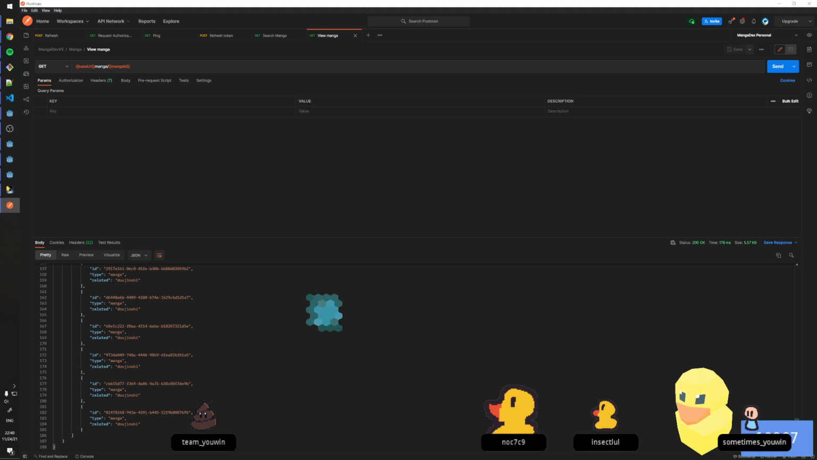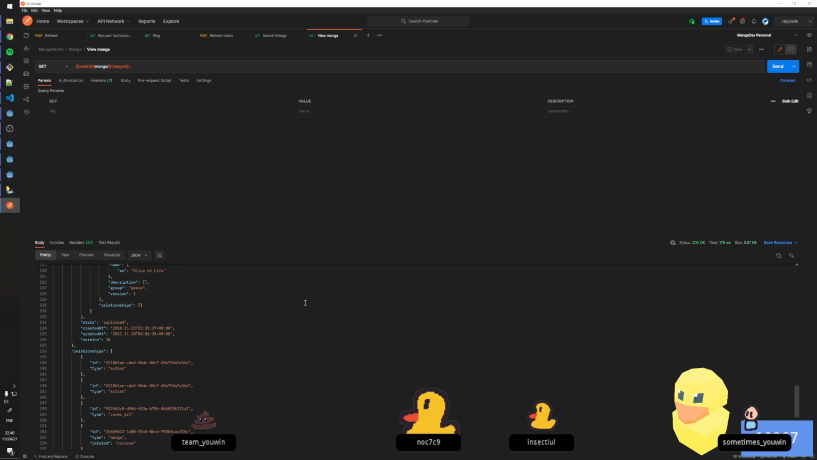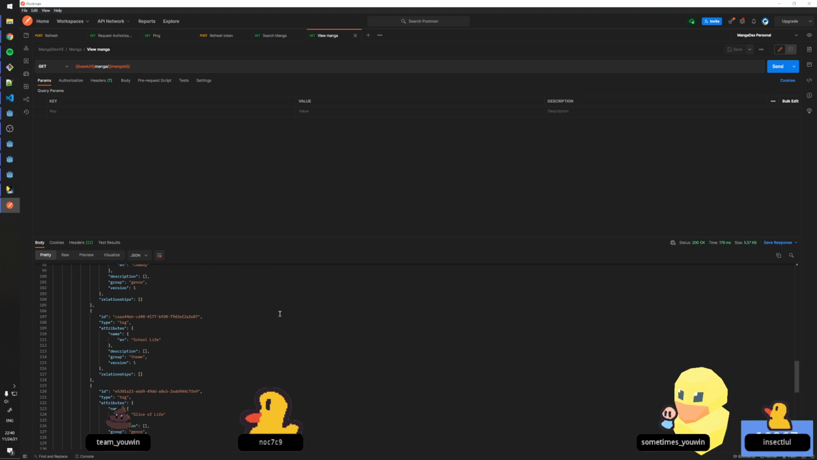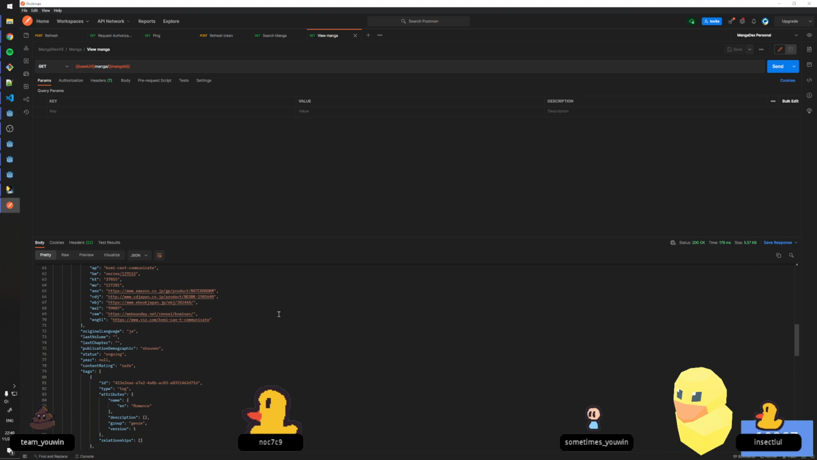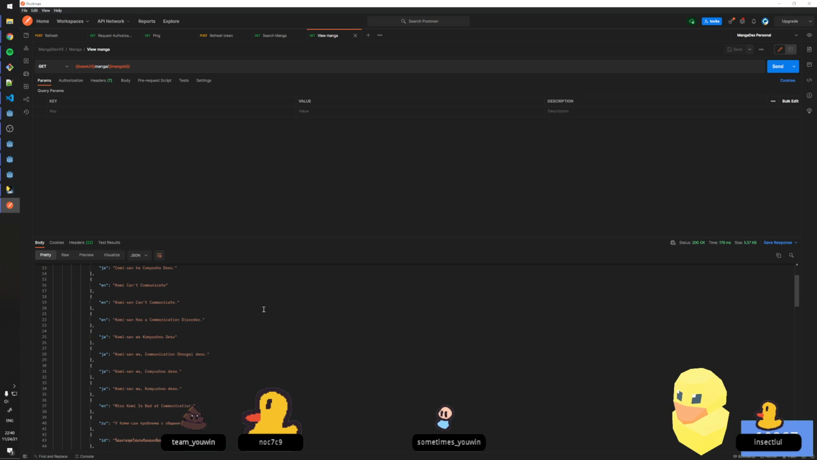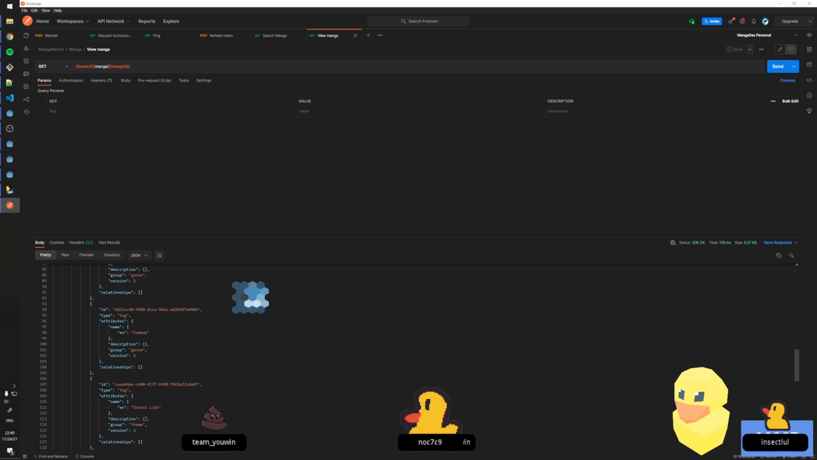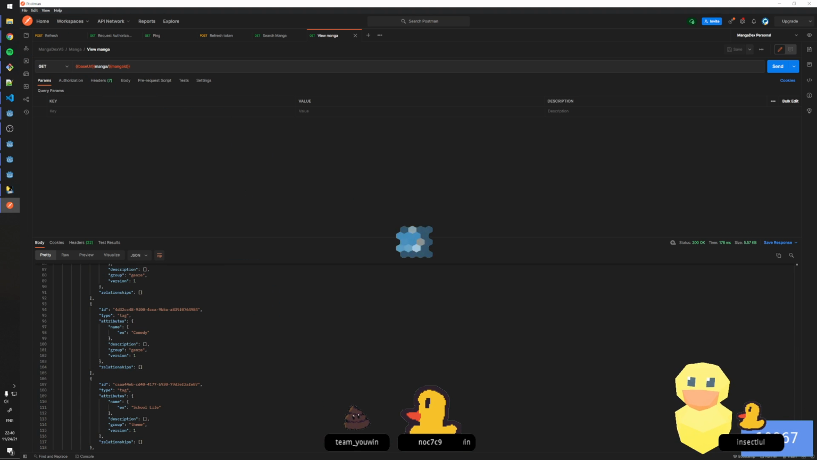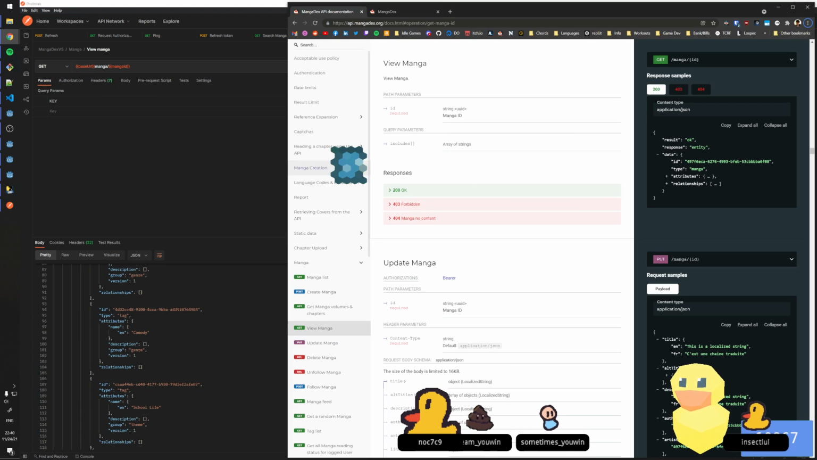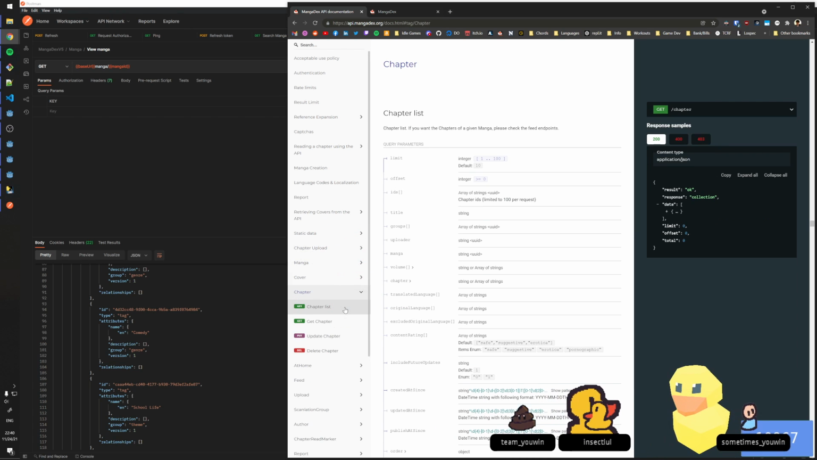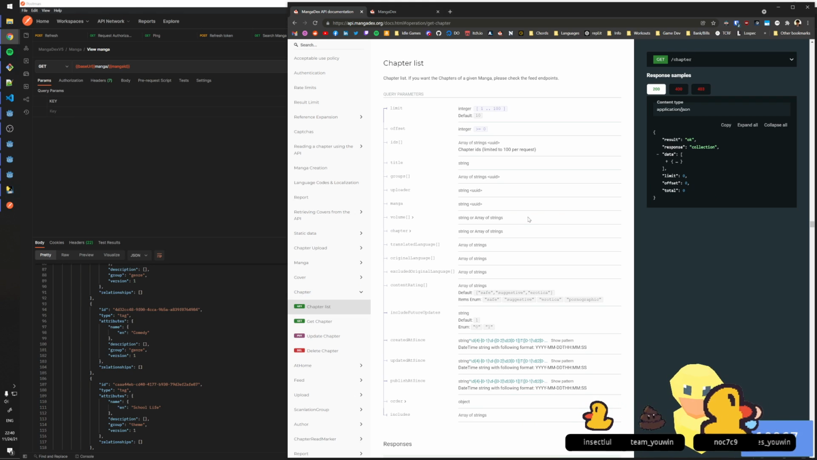doujinshi. Oh no. How do I get the chapters for this? So this is slice of life. Everyone loves slice of life. Comedy, romance. I think I've tried reading this before, but I just wasn't really into it. Is there a get chapters endpoint for manga? Chapters, chapter list. Okay, so if you want the chapters of a given manga,